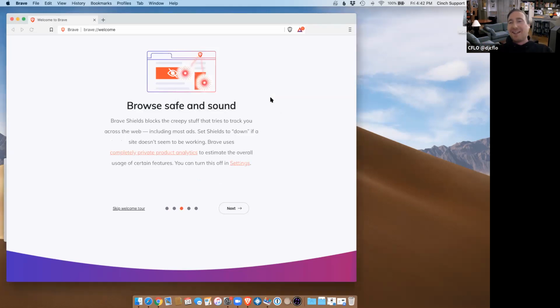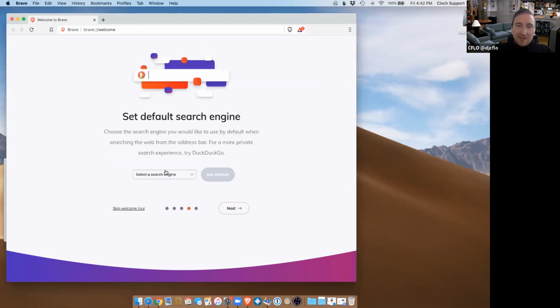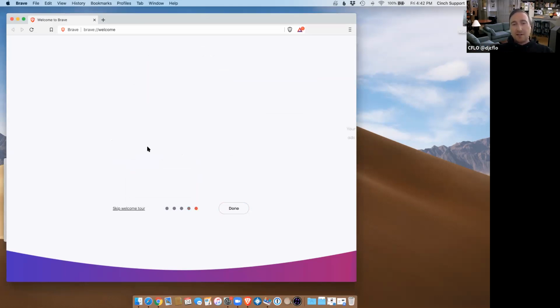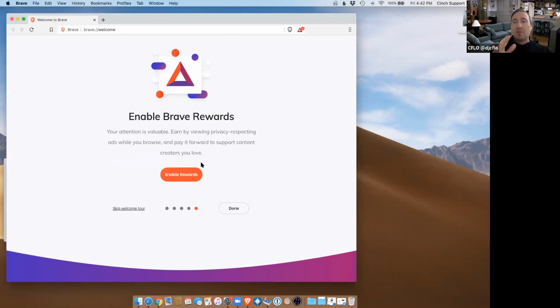Oh, I'm running Chrome right now to show you because I wanted to leave these open. So I'm showing the presentation in Chrome so I can't. This is talking about analytics, and you can set your default search engine to DuckDuckGo instead of Google. I will show you why in a second. And then this is their ad block, but also their alternative to ads.